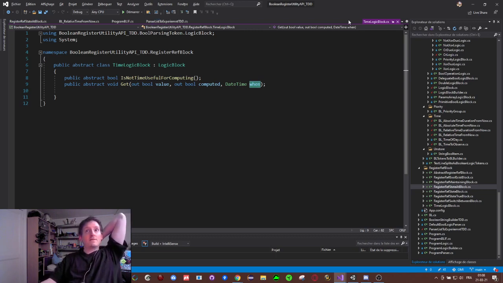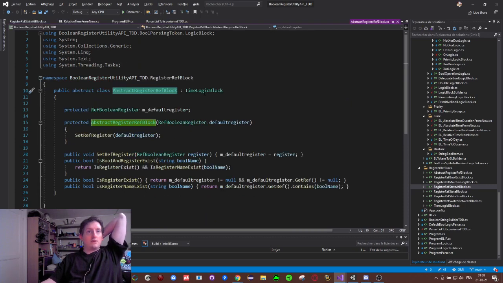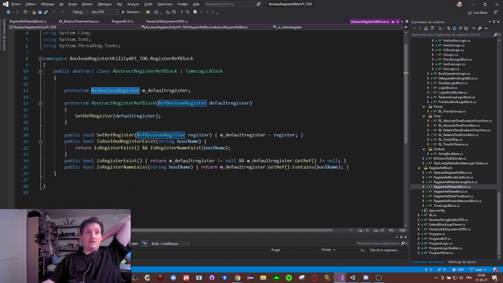Okay? And so now that we have implemented the time value, we say, okay, so I want to be able to track a Boolean that is not a primitive one or default one that you can use on the top of here, but I want a Boolean that is in the register of my application. And so what you do here is you say, okay, I have this register that I gave you, and I want you to compute if